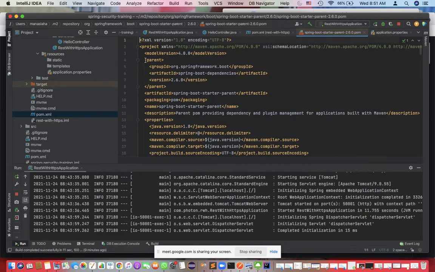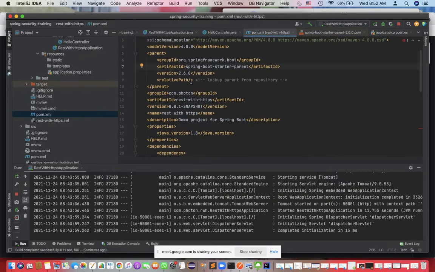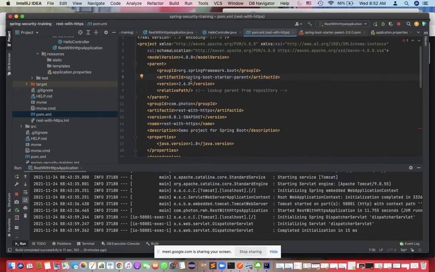This pom works in a hierarchical form. Hierarchical means that if you use a pom as a parent, its properties are inherited by your pom.